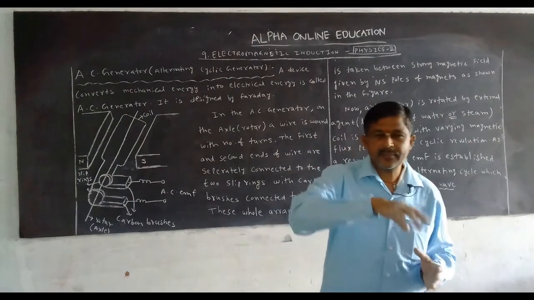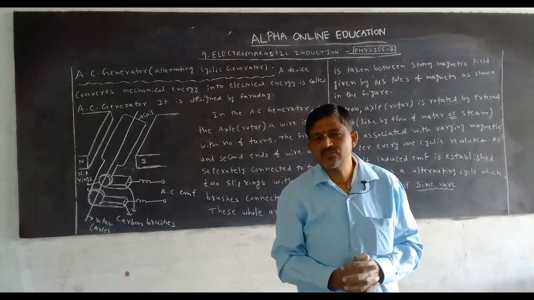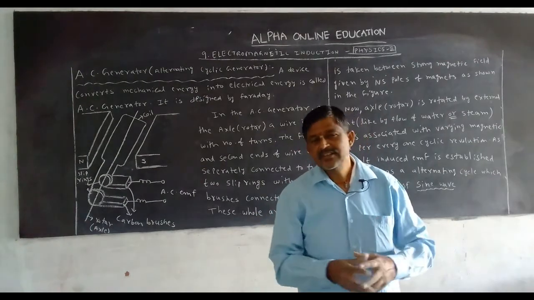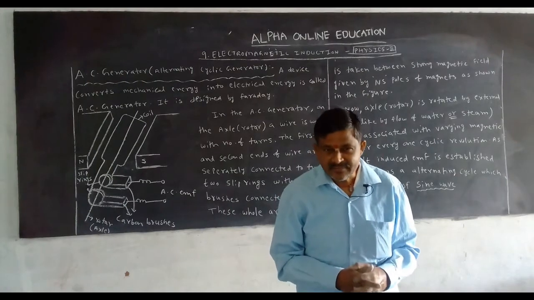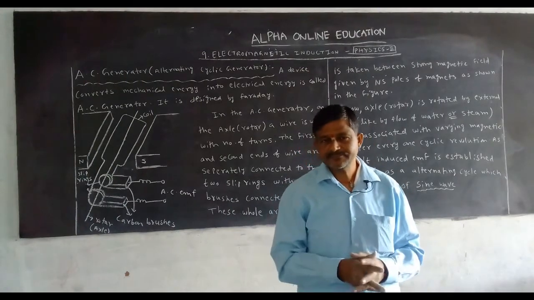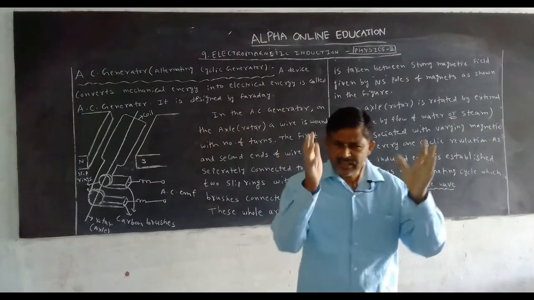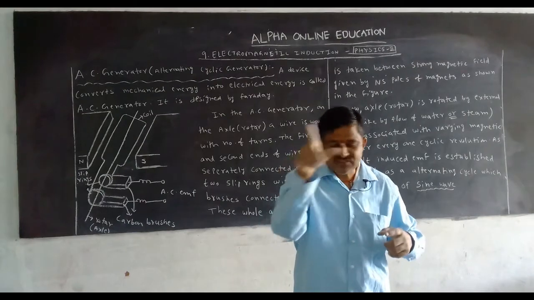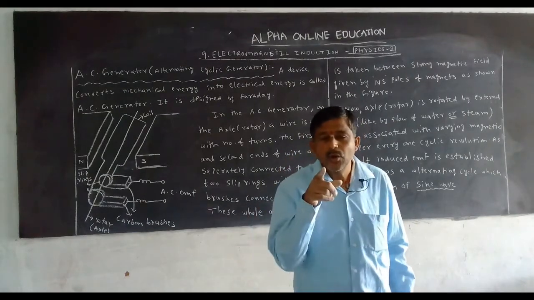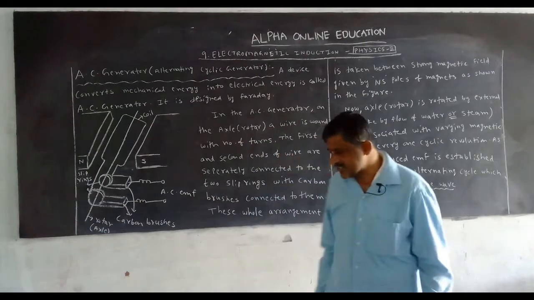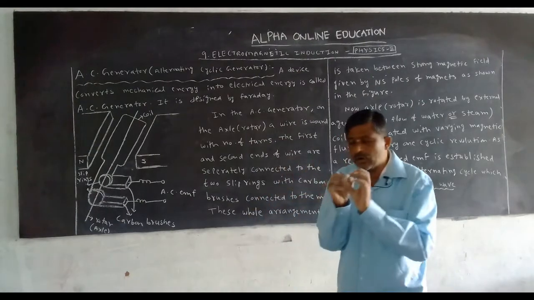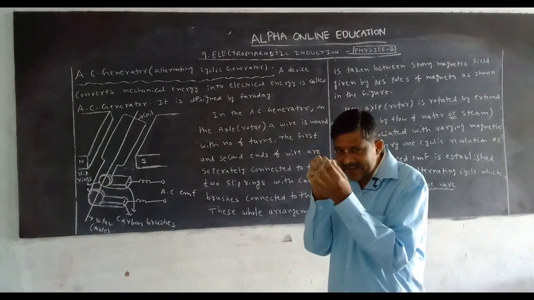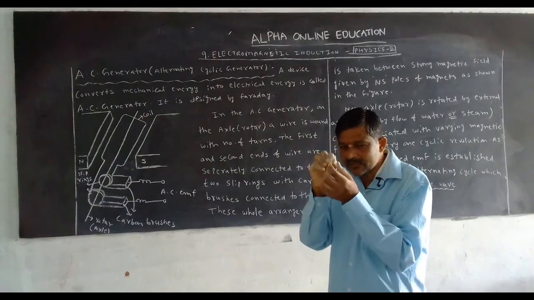In the generators, what happens? One part rotates. Which part rotates? That is called the coil. When the coil rotates, we can get the induced EMF or AC EMF in it. How is it? In every AC generator, we take one rotor which rotates, just like a piece of chalk, just like a rod. This is called the axle, otherwise the rotor. Why does it rotate?